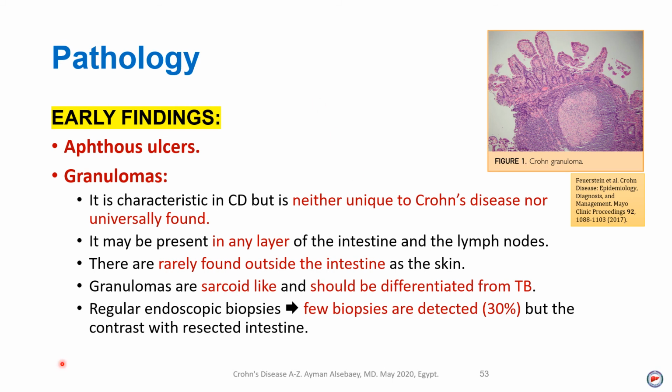About the pathology, of course, in the early finding, we will find aphthous ulcers and the granuloma. But the granuloma should be, number one, differentiated from TB. This is very important because many cases which have ileocecal disease were found to have TB. If you are suspecting TB and it is Crohn's disease and you give